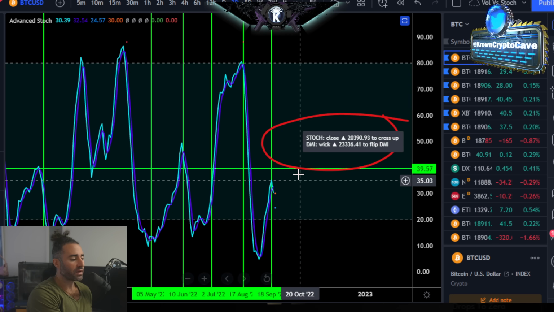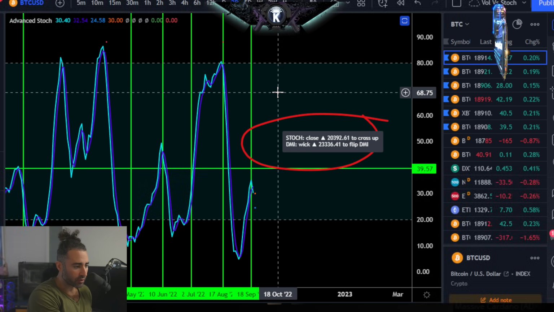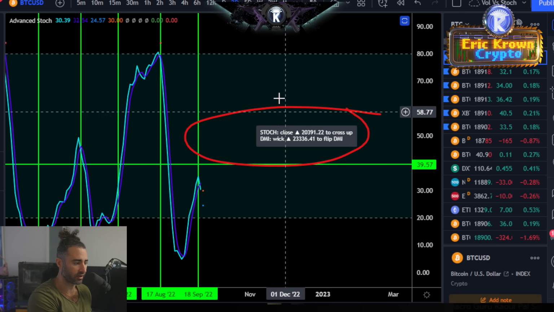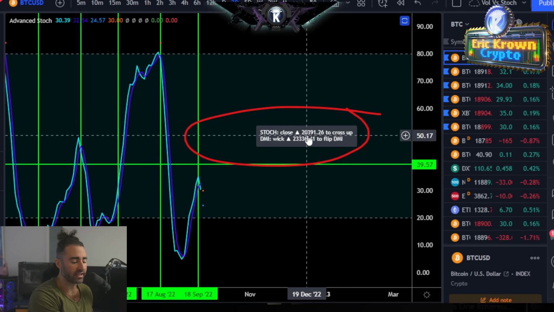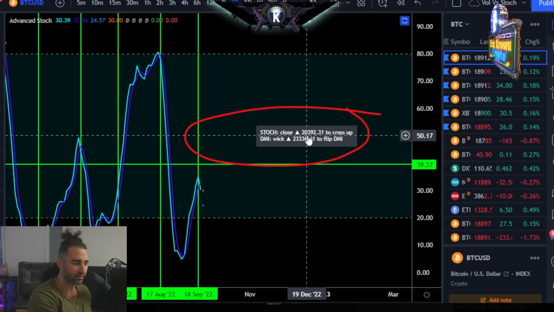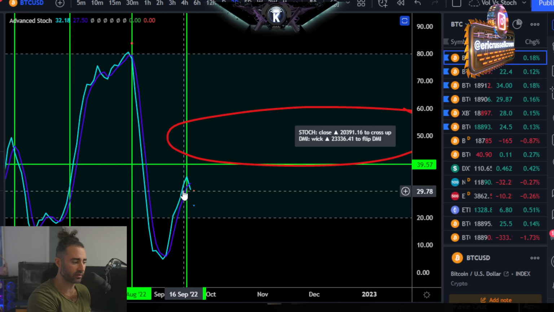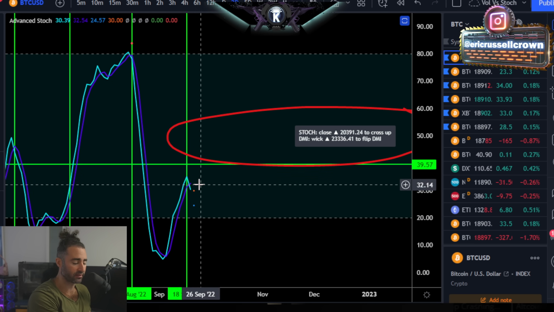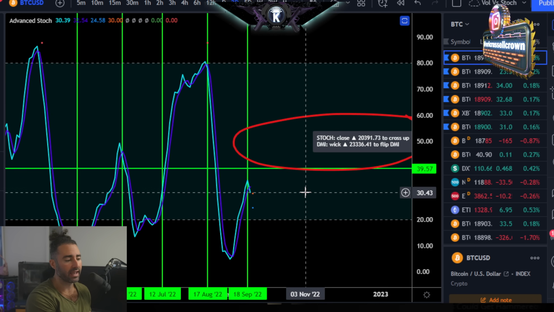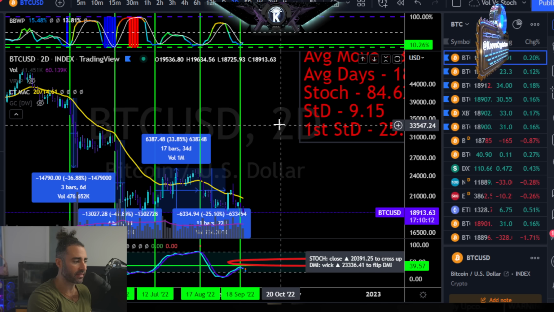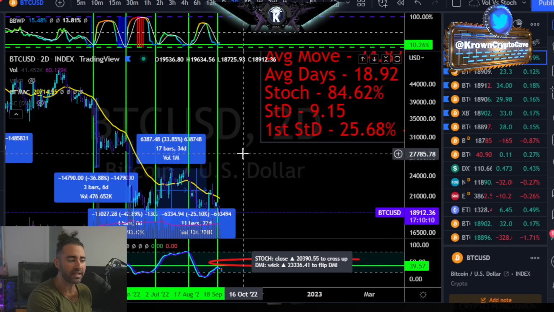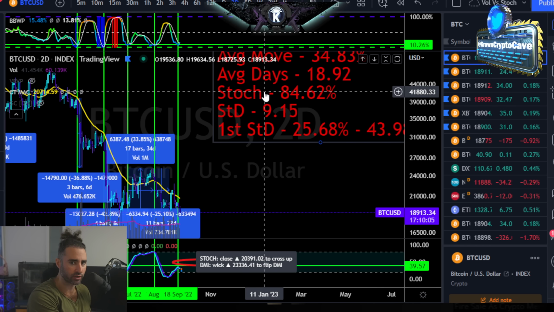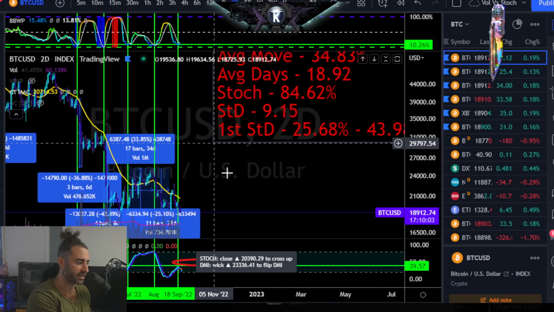Anyways, the reason why I bring this up, and the reason why this one is ever so important as of today, is because we do have the pivot for the stochastic oscillator. That means that if Bitcoin closes today below 20,400, we will get our second close with downside stochastic momentum pressure. It will also be considered a rejection of getting out of the bearish control zone, and this would imply that the probabilities are more reasonable to expect towards the downside. Again, the stochastic oscillator has gone the correct direction on the volatility expansion about 84.5% of the time.